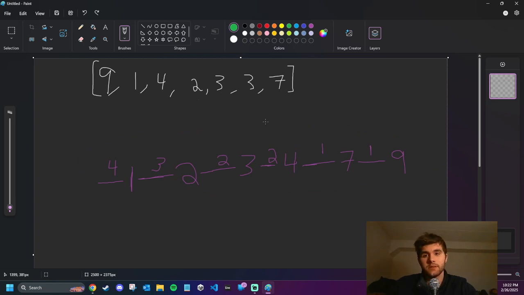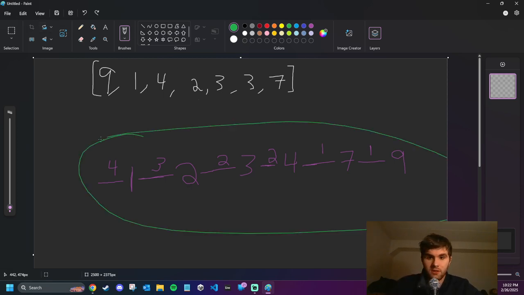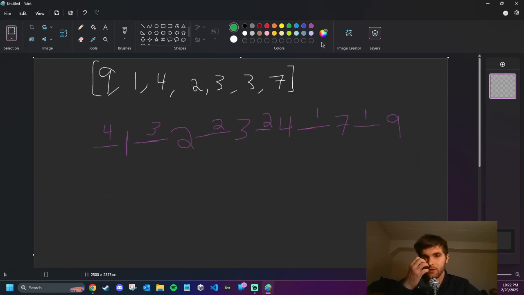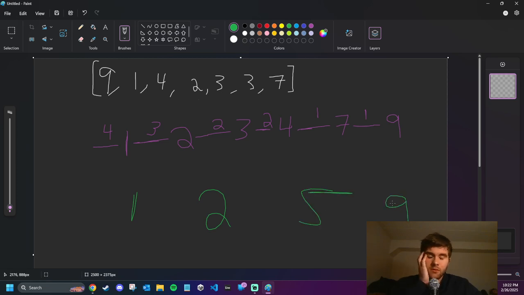Okay, so now the question is, how do we represent this in a data structure? And to determine the answer to how we represent this as a data structure, we need to know, like, given a number and,